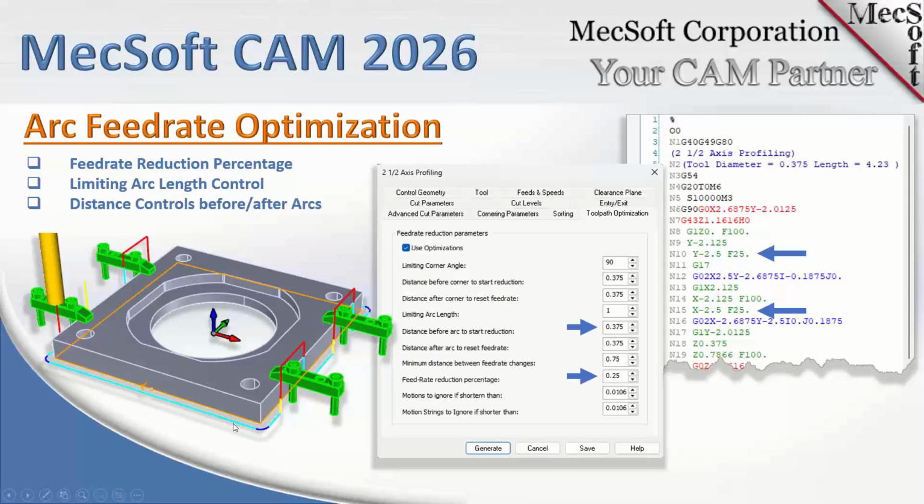of the toolpath itself. For instance, if you had a sharp corner, you could decelerate the toolpath and accelerate after the sharp corner. Well, now you can do the same thing if you have arcs. You can decelerate at a certain distance prior to the starting of the arc, and you can accelerate after a certain distance after the arc. So now you can not only apply feed rate optimization to corners, but you can also apply it to arc